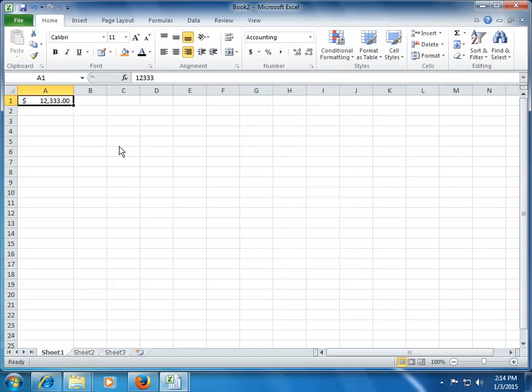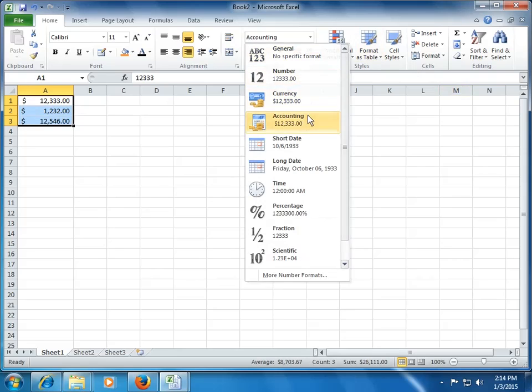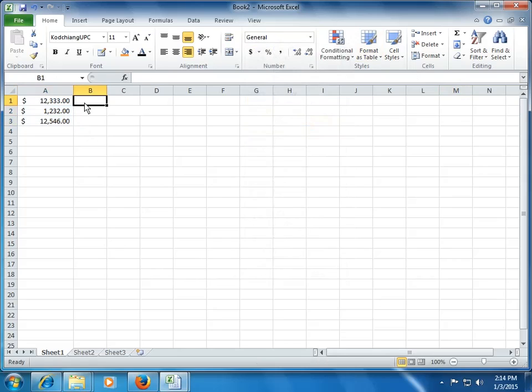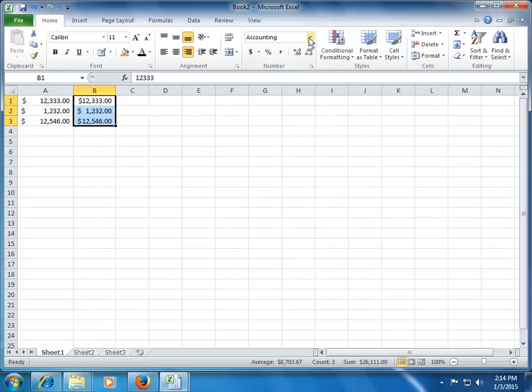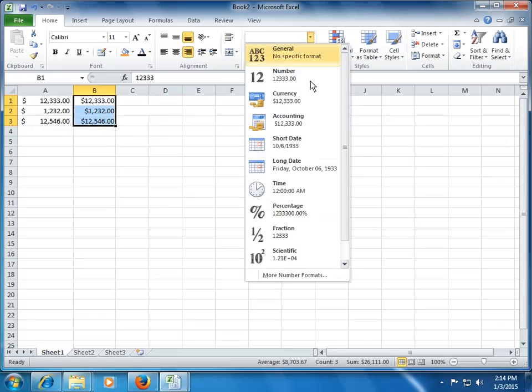The only difference between accounting format and currency format is that the accounting format, as we will see, aligns the currency denomination, that is the dollar in this case, on the left hand side, unlike the currency format which doesn't do that. So you can see here that the dollar is aligned to the left, while here the dollar is just attached to the number. So that's the basic difference between the currency and the accounting format.